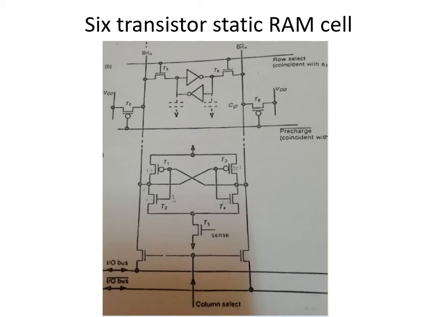Now whatever is there in the IO bus is passed through the T5 transistor, and it is stored as gate capacitance in the top inverter. Similarly, whatever is there in bit line bar is passed through the T6 transistor, and it is stored as gate capacitance in the lower inverter. This is how data is stored. When IO bus and IO bus bar data bits are sent, whichever carries logic 0 will pull down the bus line to logic 0. This is about the write operation.